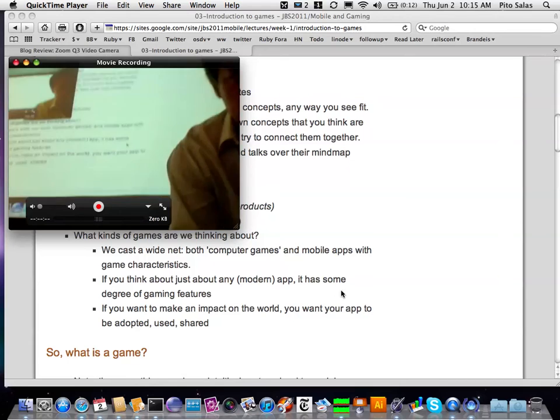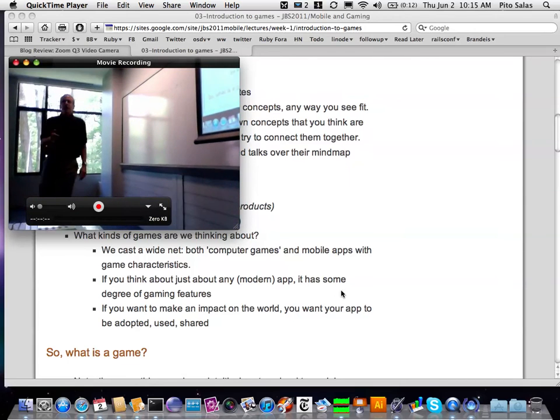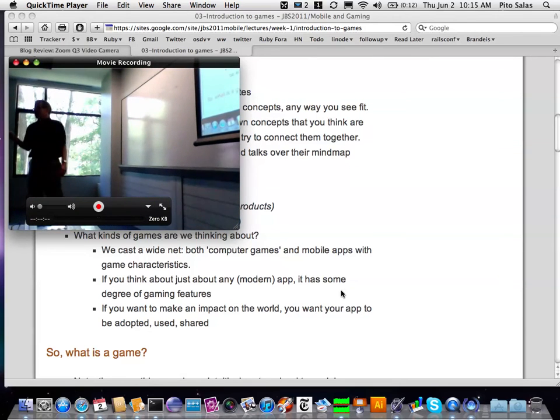So what I would like to do is to have you guys get together in groups of approximately four, and just huddle for about 10 or 15 minutes, and using what you read and using your intuition, make a mind map that says,